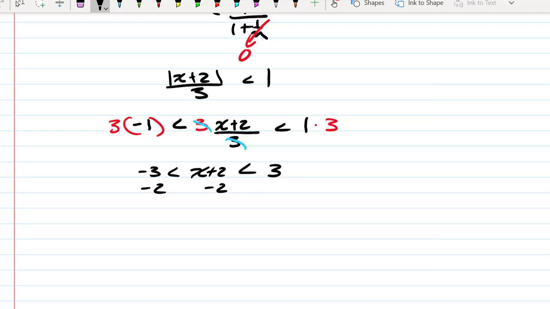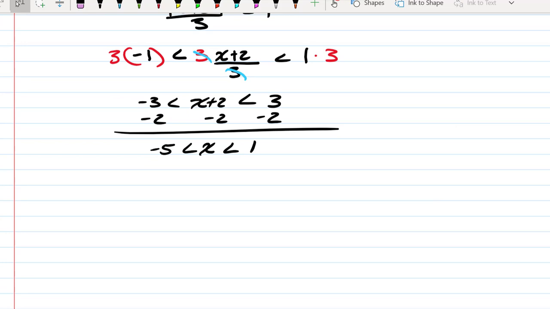We subtract 2, 2, 2, and negative 5 is less than x is less than 1. So our series converges